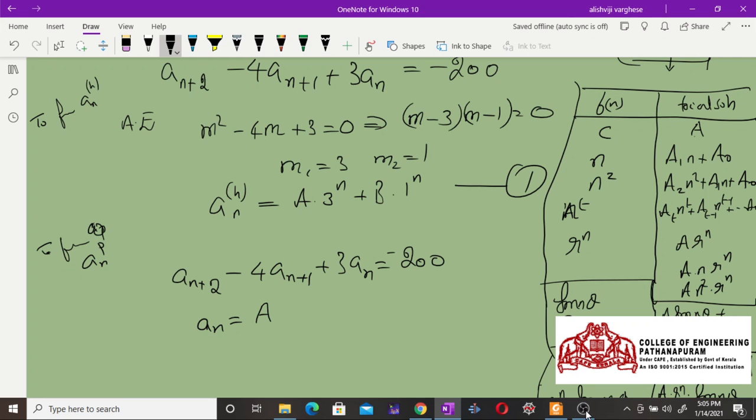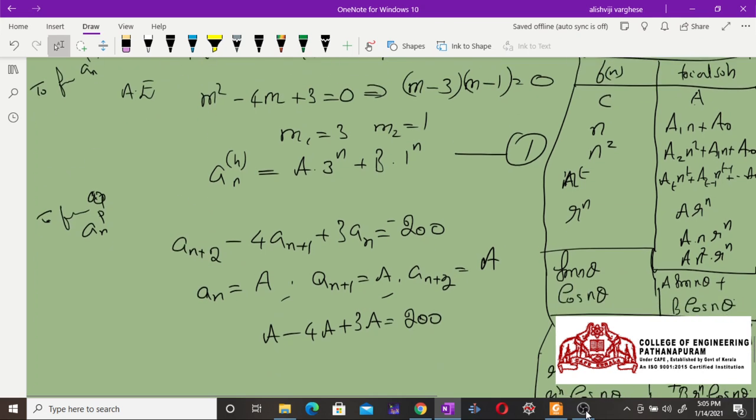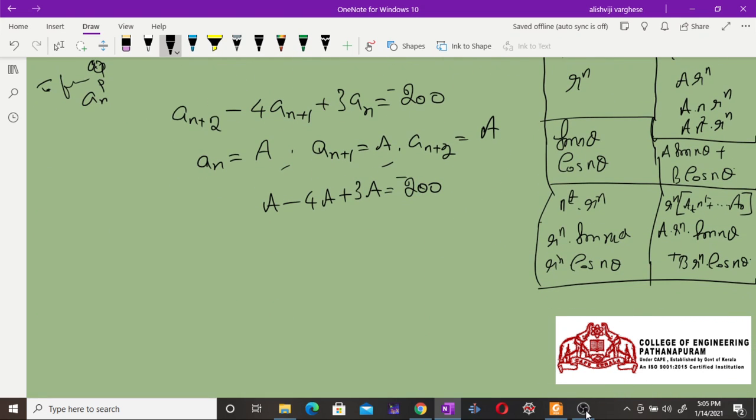Now substituting the value of a_n in the given recurrence relation, if a_n is equal to a, then a_{n+1} is also equal to a, and a_{n+2} is again equal to a, since it is merely constant. Then the equation gives a minus 4a plus 3a is equal to minus 200, and that gives